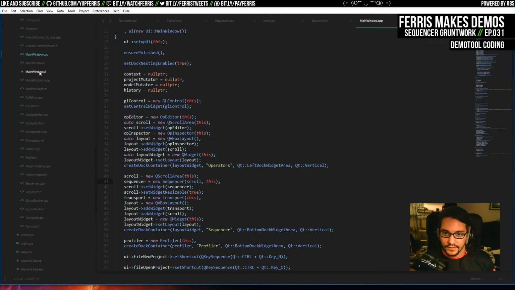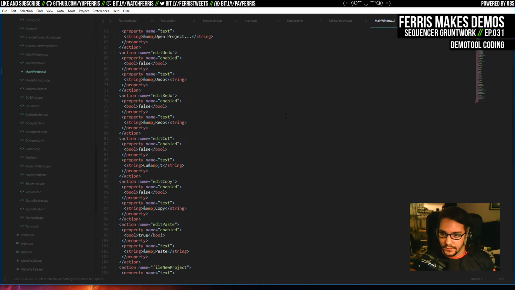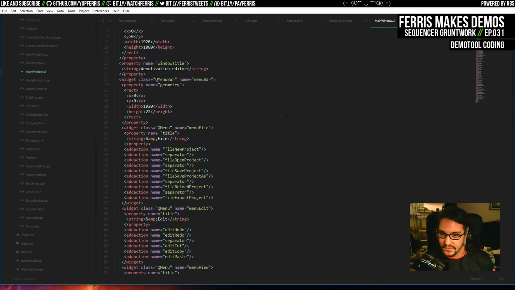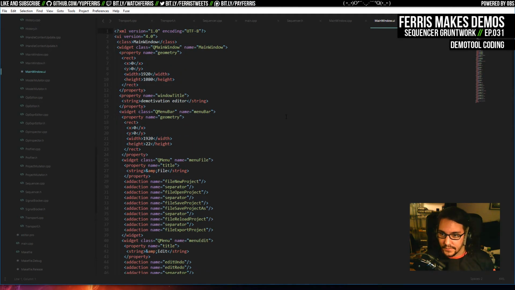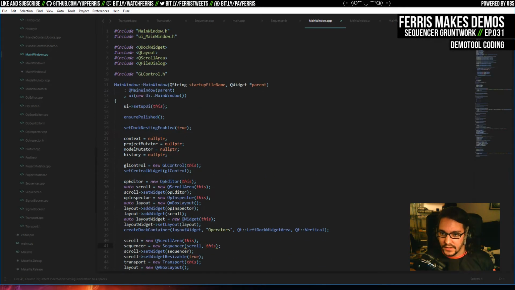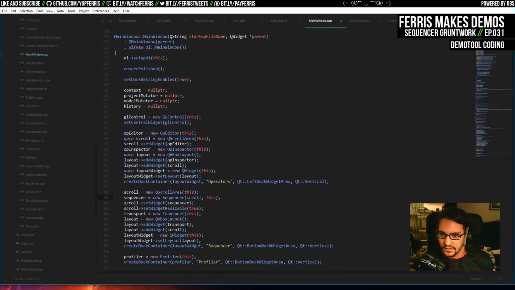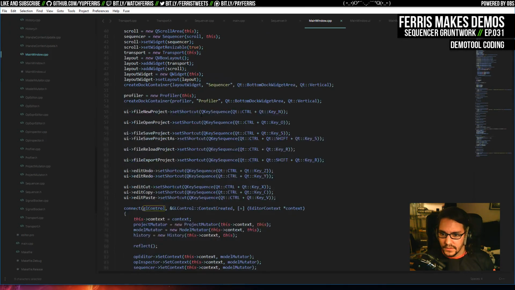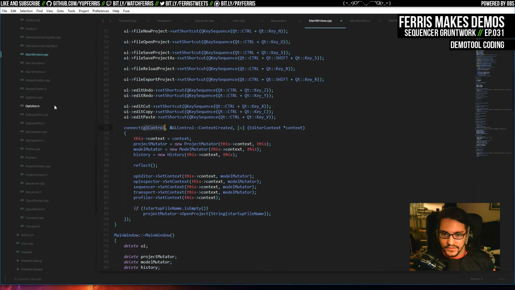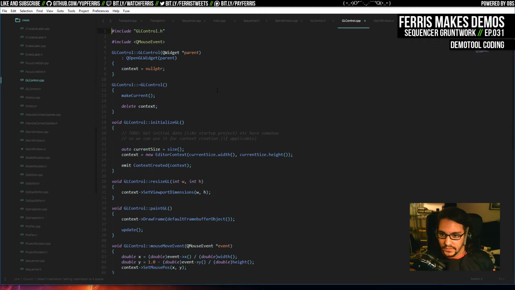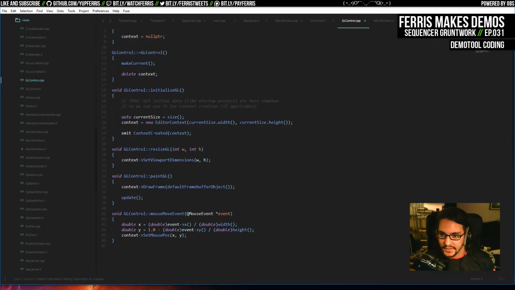The window itself doesn't have too much fancy stuff on it. I think this doesn't even have any custom classes, just a bunch of window title and menu stuff. And then here, set up some doc stuff, and I create a GL control. And the GL control is my own thing. It's just an OpenGL widget, but it emits when the context is created, and it also builds the editor context, which is a bit